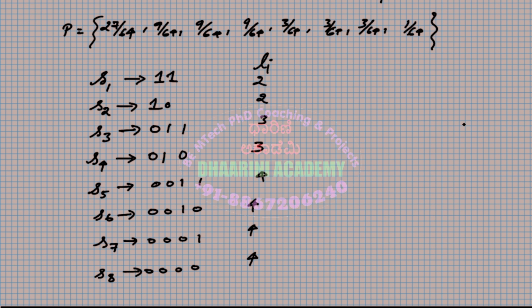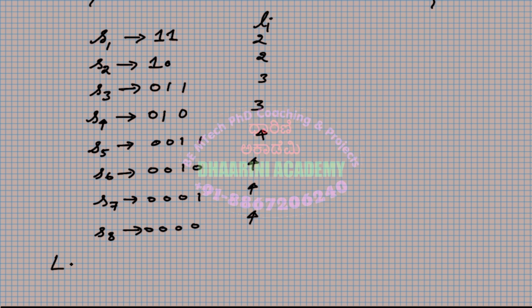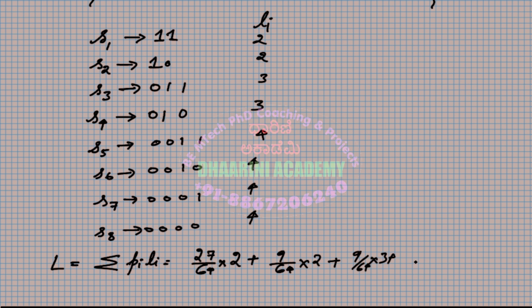So anyway, we have the probabilities with us. So directly I need to calculate the average length. How do you calculate the average length? Capital L is equal to the summation over all the values of Pi into Li. So probability 27 by 64 multiplied by 2, plus 9 by 64 into 2, plus 9 by 64 into 3, plus 9 by 64 into 3, plus 3 by 64 into